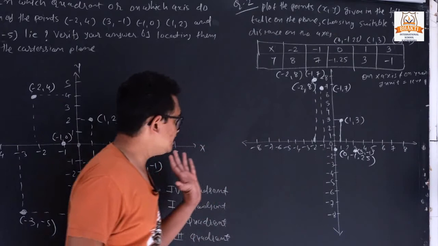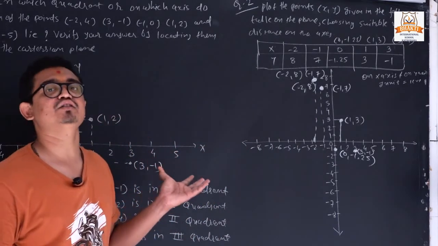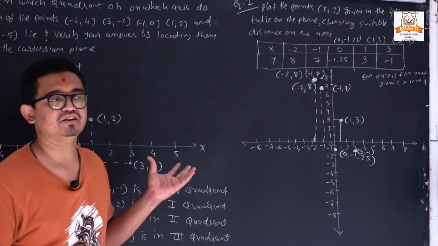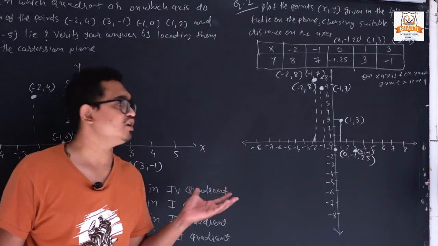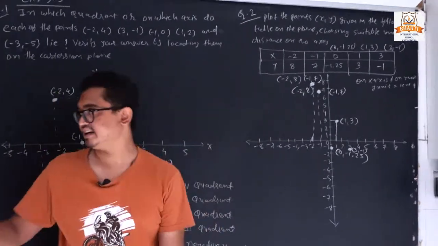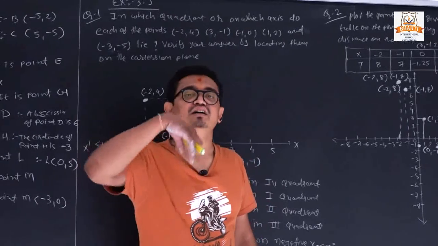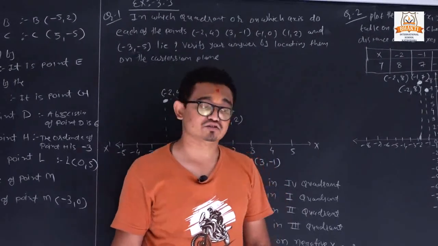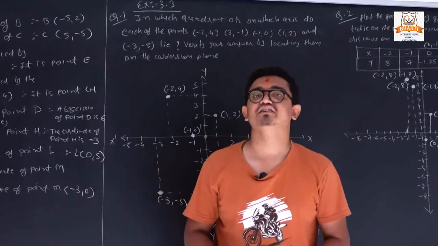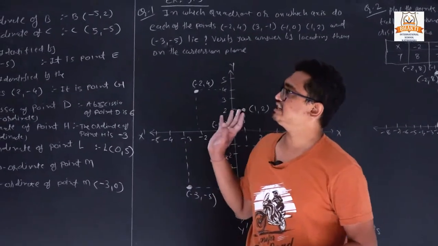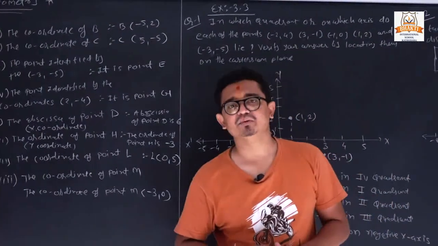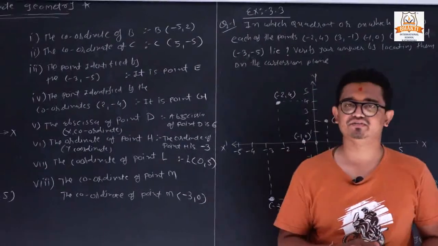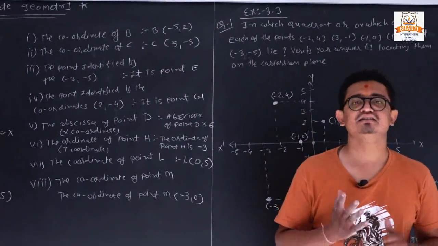In all these questions you can directly draw on graph paper, or you can purchase a graph book. So these questions 1, 2 and 3 you can directly plot on graph paper, and you can also solve the sums which are given in our book. So this is our chapter number 3, coordinate geometry, in which we have very few sums. So we can cover this chapter.